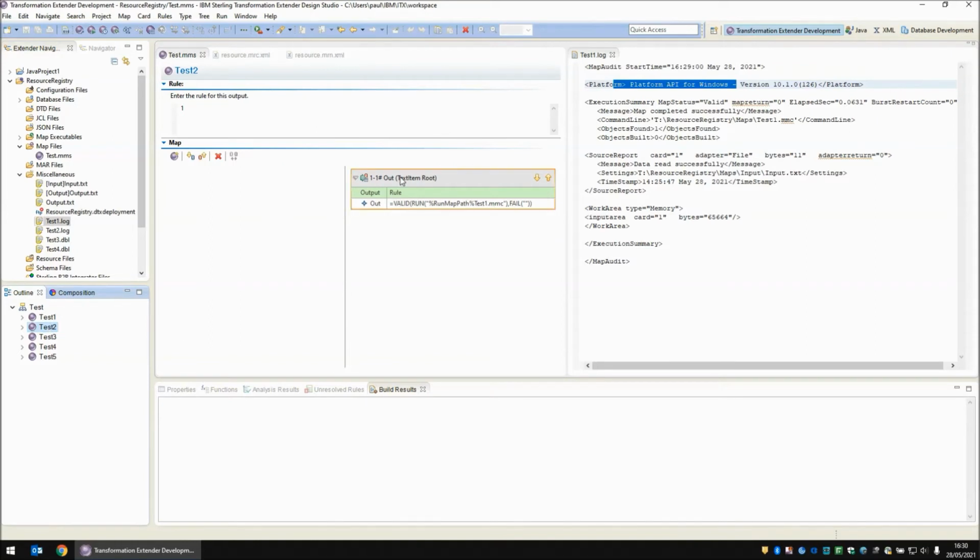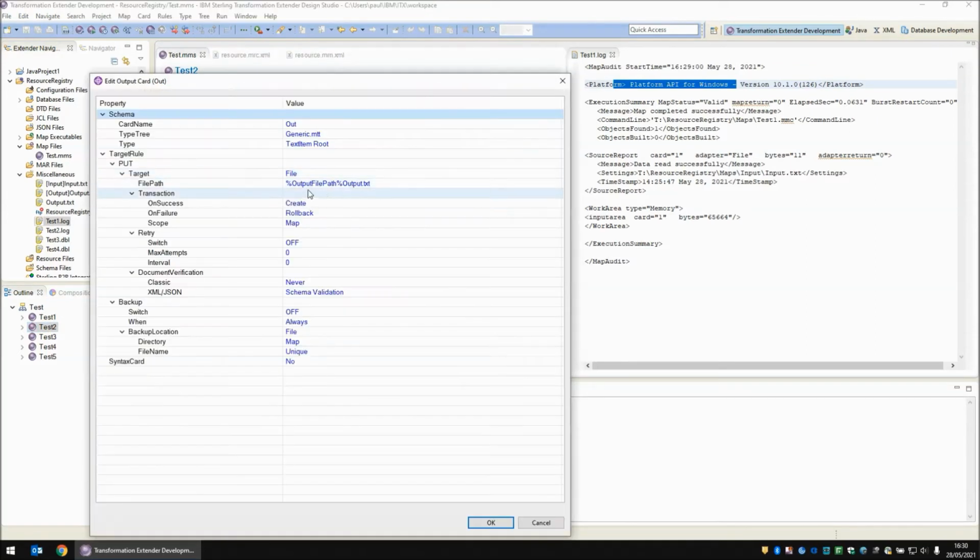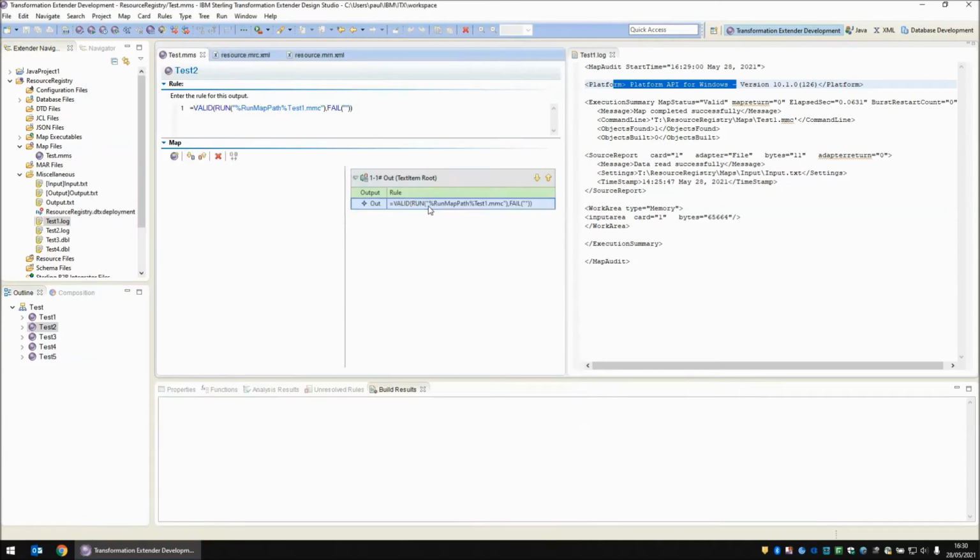Test 2 has one output card, which is going to use the resource registry to write the output file to a custom path. But in the rule as well, it's going to use a resource registry entry to find the map that we're using in a run function. Now the map that we're calling is the map that we just ran, the test 1. And if I build and run this map,